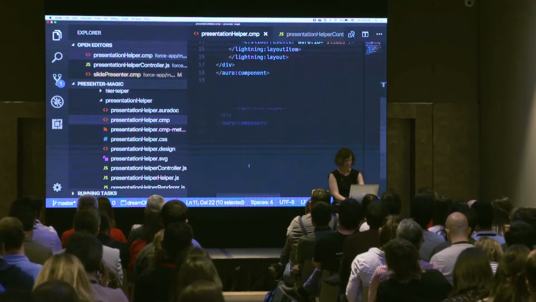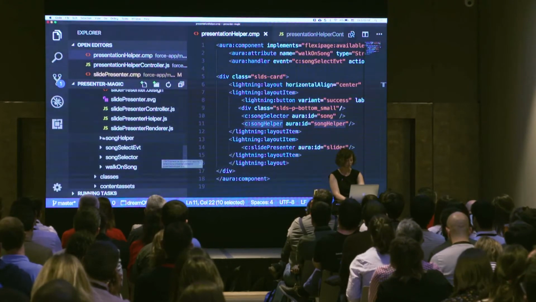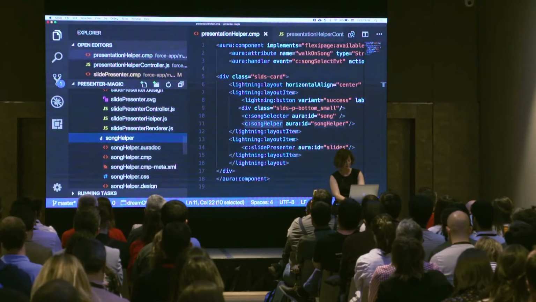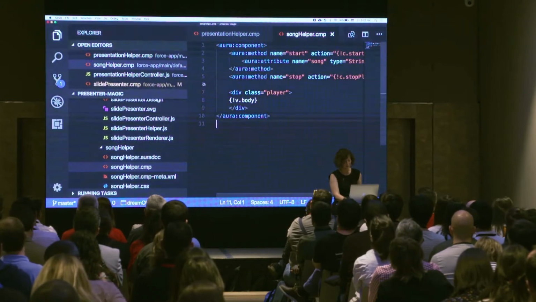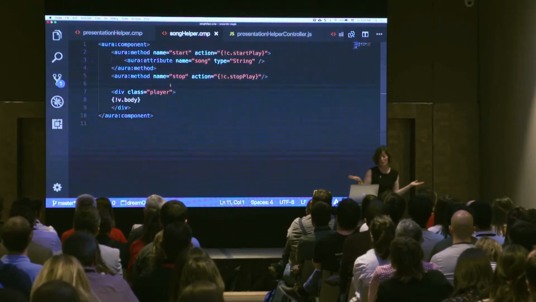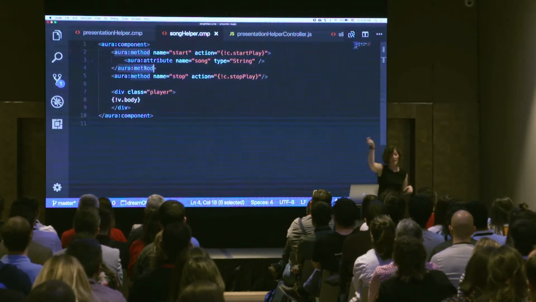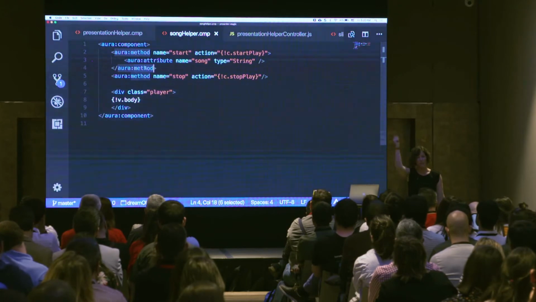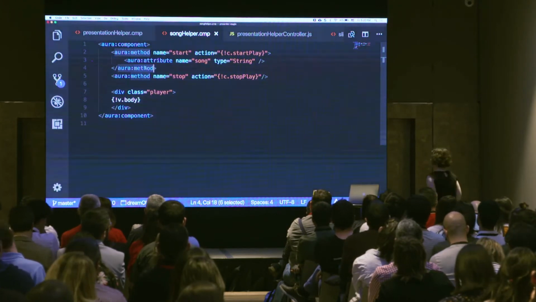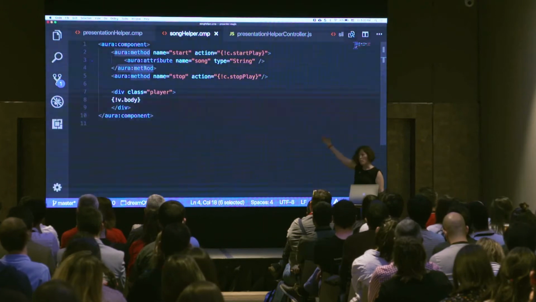And we go look at it by digging through more of our files here. You guys are getting an eyeful of Salesforce DX. We can see that this component is pretty simple. There's actually nothing in it except this method that I exposed so that we could kick it off from the parent component. And Philippe, I think, talked about this pattern today. I talked about this pattern in the Lightning Platform session, but this is a great way of making sure that your parent components can communicate to their children. Just like an Aura attribute, you can expose a method. And then down here, I have this dynamic markup that just says v.body. And what's getting put in that v.body